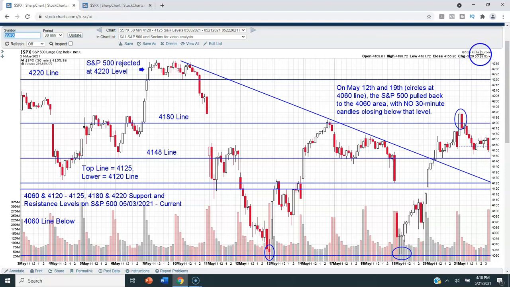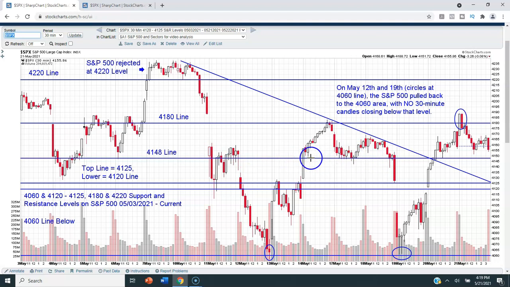We were only down 8 basis points for Friday, so nothing catastrophic. Again, still closing above this 41.48 level. You can see there's some support right there, some trading right there, a little bit right here, and then right in here. So, on these 30-minute candles, and it depends on what time frame, right? Whether it's 15-minute, 30-minute, hourly, daily, whatever, the support levels do change a little bit depending on the time frame you're looking at. But on these 30-minute candles, you can see that, especially over the last week and a half,